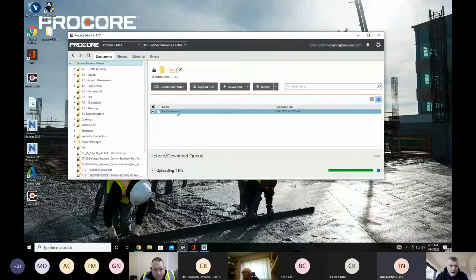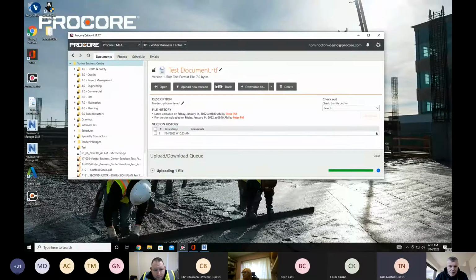If I click into the file, you can see I can do a few other things that I can't do within Procore Sync. So the first thing I can see here is I have the version history, and I'll talk about that in a second. I can open up that file directly from Procore, and it's going to open up in the native file software that I use to open up that file. So if you upload a Word document to Procore and you want to open it up from Procore, you can do it via Procore Drive. It's going to open up in Word, and any changes you make are going to push it back to Procore